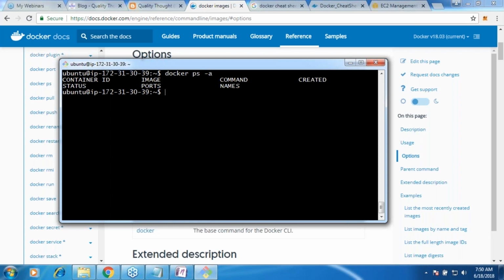Simple. All right. Now let us apply this remove to images also. Now I have spoken about removal of containers. What is the difference between a container and an image? A container is your application, something which runs. The image is just a representation of it. When the image gets memory and all of these utilities, it will form a container. An image, when you download, is nothing but some storage space.